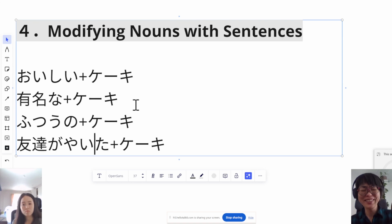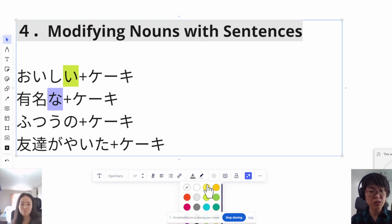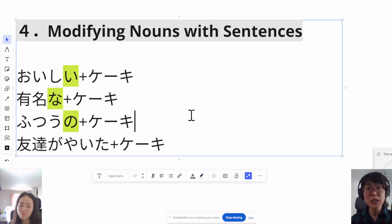So, what do you think about this grammar? Modifying nouns with sentences. Of course, this is a normal modification. If you want to modify something, we usually use an adjective: 美味しいケーキだよ。これ、有名なケーキだよ。I-adjective, na-adjective, or even a noun, like 普通のケーキだよ。But instead, you can add more information by using verbs: 友達が焼いたケーキだよ。昨日安かったケーキだよ。